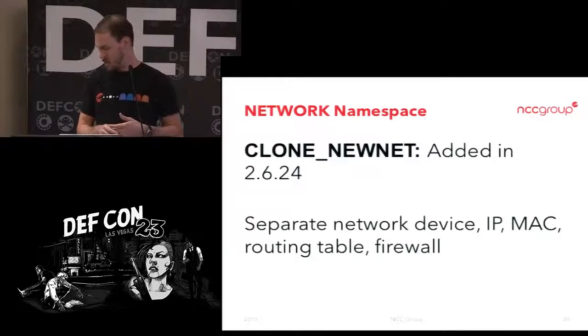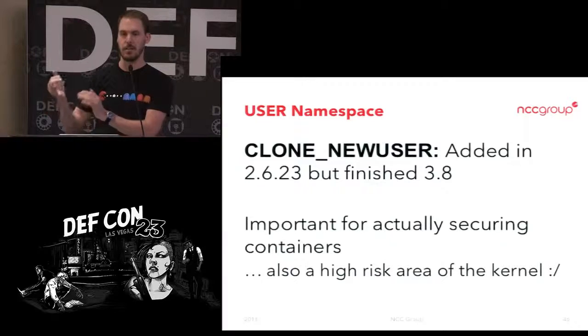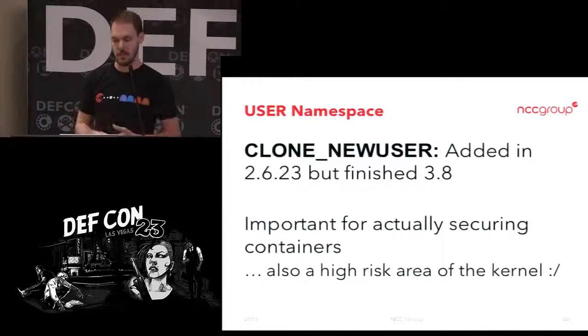So there's also a network namespace that isolates your IP, your firewall, your routing table, all that kind of thing. And the user namespace, which is the newest one, which was added, is really important for securing your containers and essentially lets you be root inside of a container, but that's still treated as a low rights user in the context of the kernel outside of the container, which obviously is also a high risk area of the container, right? You're really controlling a lot of how the UID system works within the kernel in very sensitive areas,